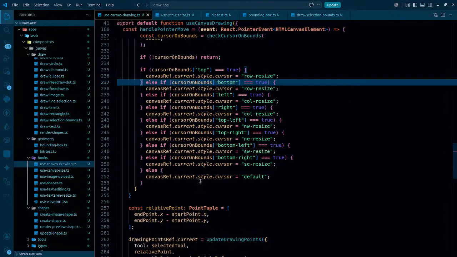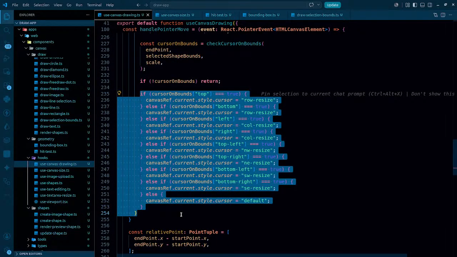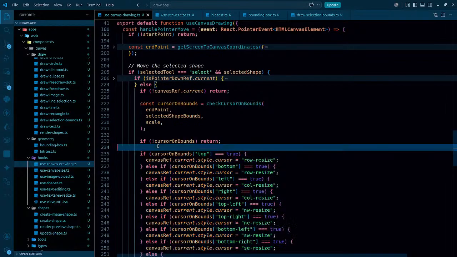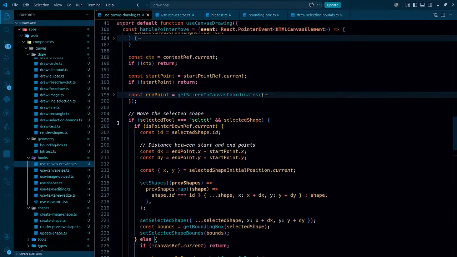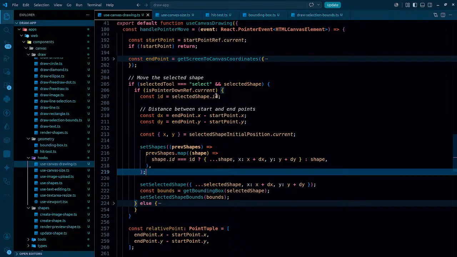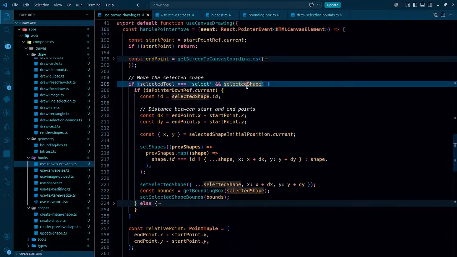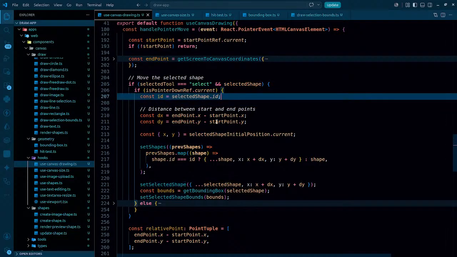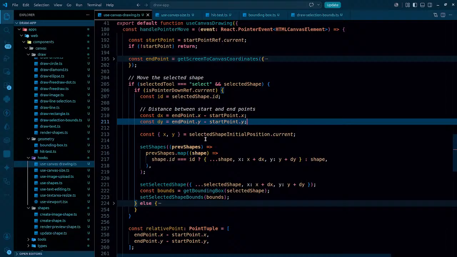So even this logic is fine. I don't really need to do anything here as such. I will just simply copy it and probably here, whenever selected tool is select and selected shape and the pointer is actually down, in that case we have to set the shape. So what am I doing? We have the selected shape ID, distance between the start point and end point, and we are gonna be getting the bounds. So if the point is down,